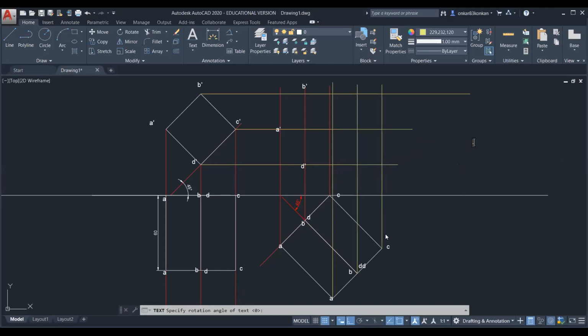So here you can observe this is the projector from point C. So this is the point C dash from the top end, and this is the point C from the bottom end. Then this point, this is the D, so this will be D dash, and this is the B dash, and this is the point A dash.